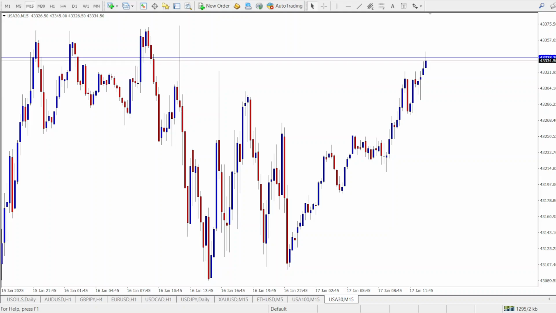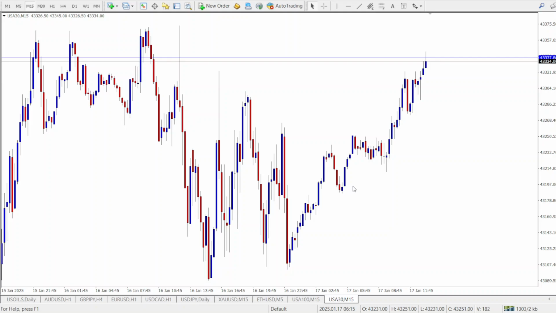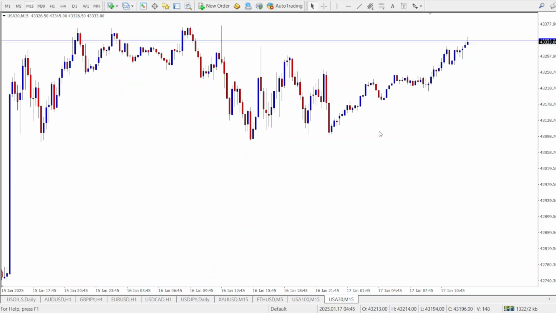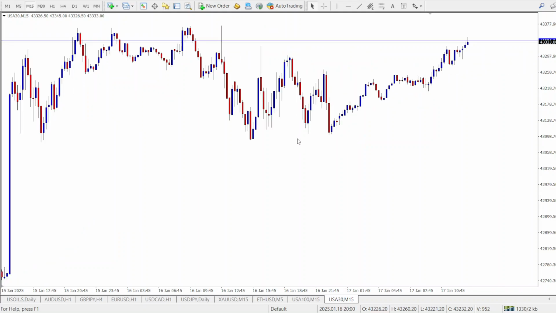Now, timing is key when it comes to scalping, especially with the Dow Jones scalping strategy. You need to know when the market is active and when it is quiet. In terms of market hours, scalping is most effective when there is high volume and volatility. The first 2 hours after the New York Stock Exchange opens is typically the most volatile time for the